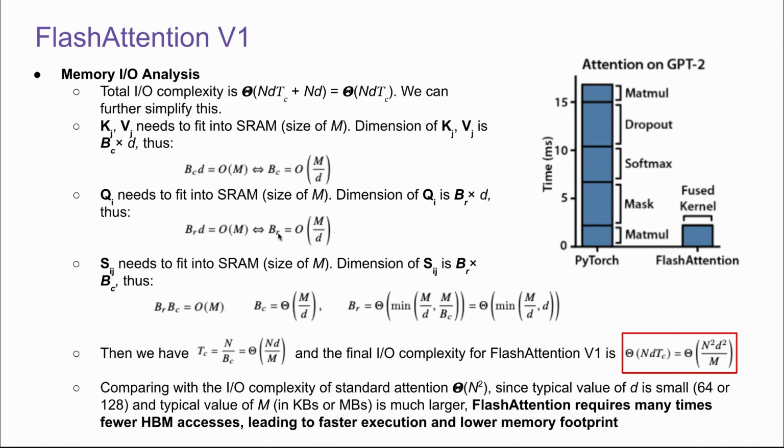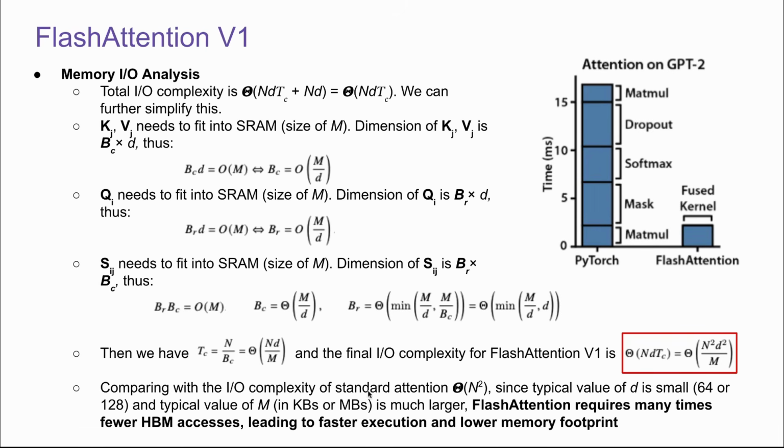So Br is also big O m over d. Similarly, Sij needs to fit into SRAM, and the dimension of Sij is Br by Bc. So this is the complexity of Br. Then we have Tc equals n over Bc, and the complexity is big theta nd over n. So the final I/O complexity for FlashAttention v1 in the forward process is big theta n squared d squared over